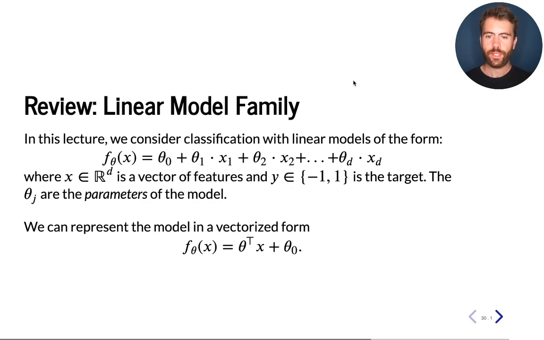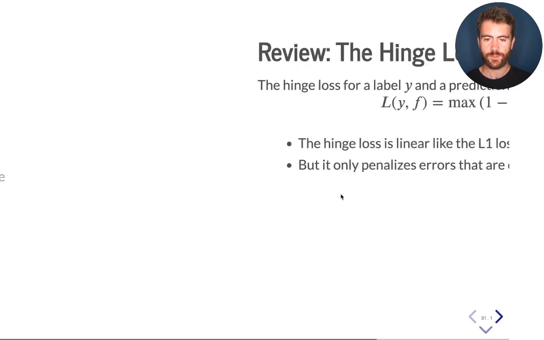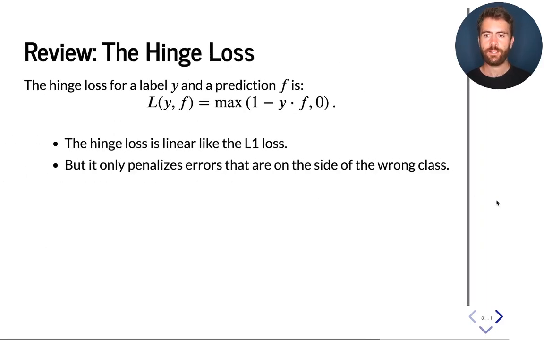So recall again that we're working with models of this form, which are linear. This is the way of writing them in vectorized form, and our targets, y, are binary and denoted by -1 and 1. These are the two possible targets. And in the previous video, I defined this new function called the hinge loss,